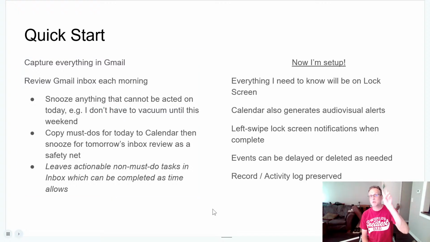Second step, so there's only 2 steps. Second step, copy any must-dos for today over to your calendar. And while you're in Gmail, what you're going to do is open up the Gmail task, or whatever you want to call it, and copy and paste the text over to calendar. While you're in there,